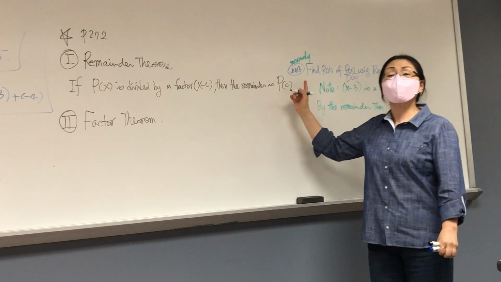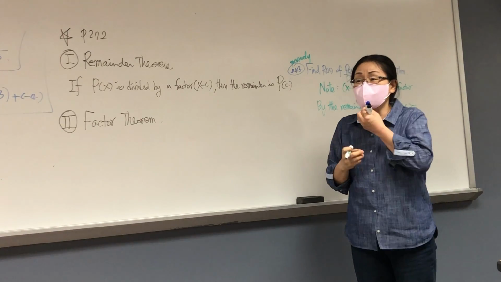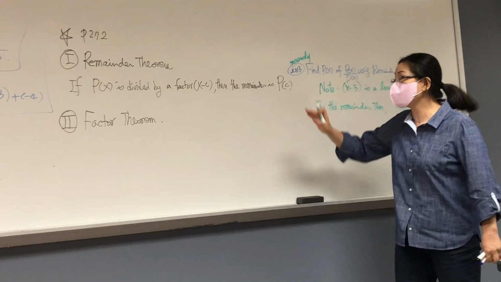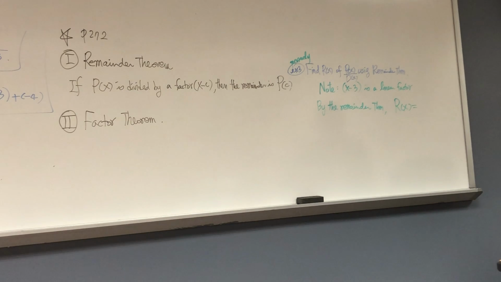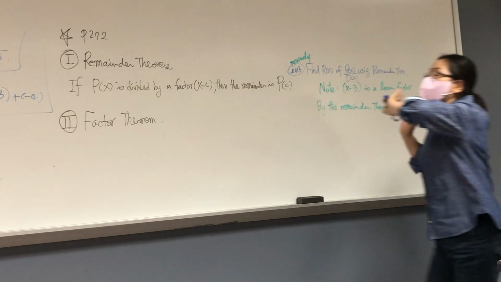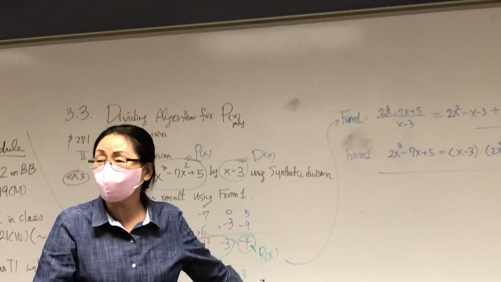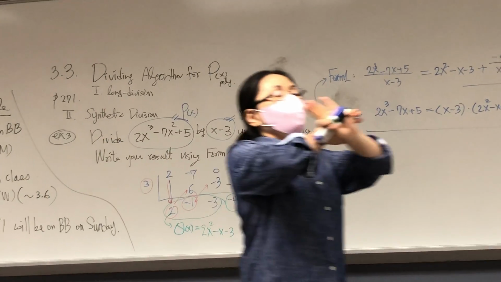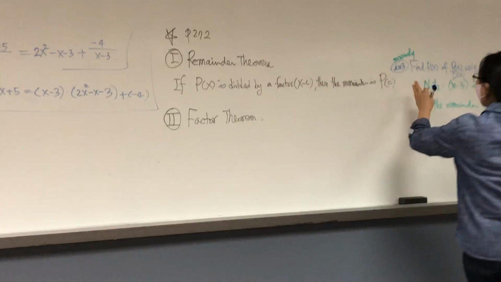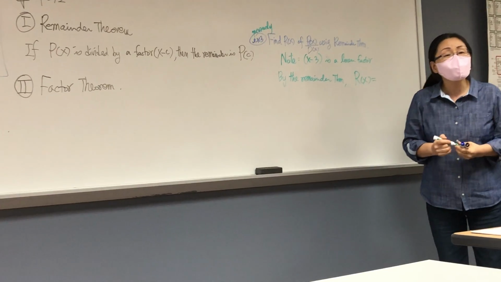Read it. This is your English, not my language. It's my second language, but this is your first language. Forget about this. You use the synthetic division and you get the quotient and remainder, right? I don't want to spend the time. My question is only this: find the remainder